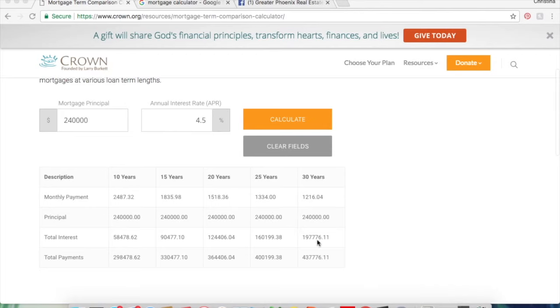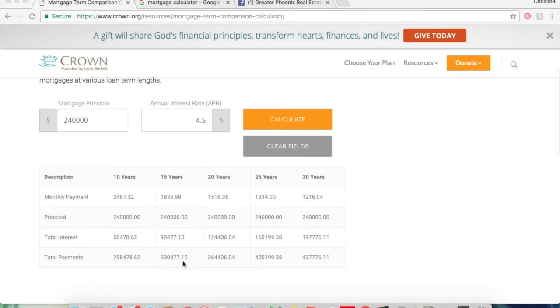So let me take you through this a little bit more. You can see the total interest here. The benefit, you might have asked yourself, well, why would I want to pay $1,800 a month when I can pay $1,216 a month? The benefit is that you're going to pay less in interest over the course of the loan. So on this 30-year loan, you're paying $197,776.11. On the 15-year loan, you're paying